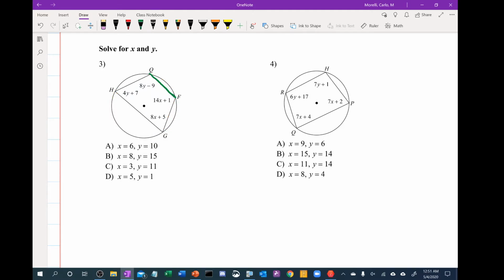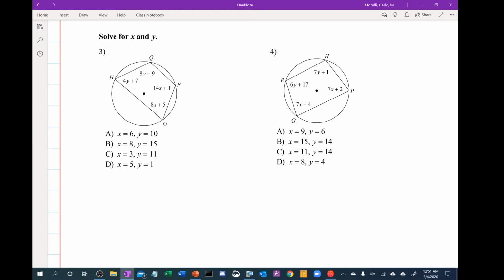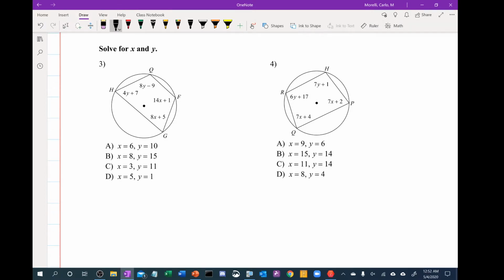So what am I trying to say here? What I'm trying to say is, if you add these angles together, if you add this angle to this angle, it has to be equal to half of the arc measurements. Okay, so